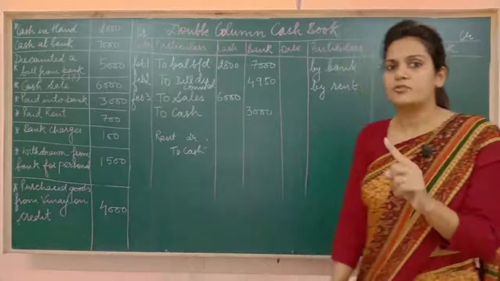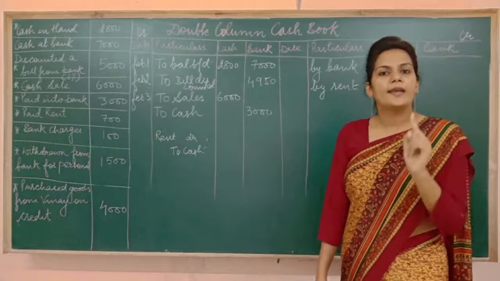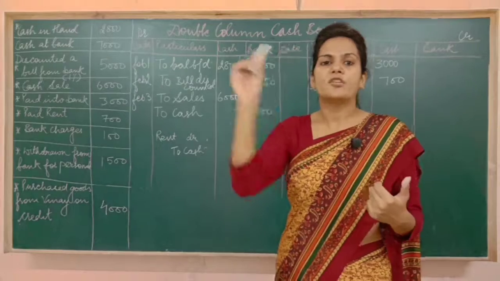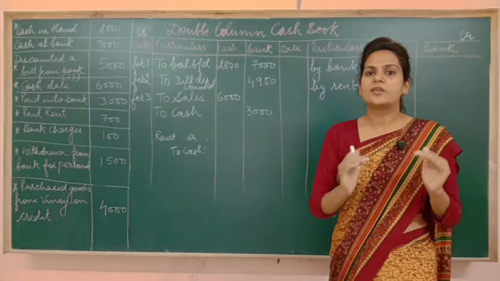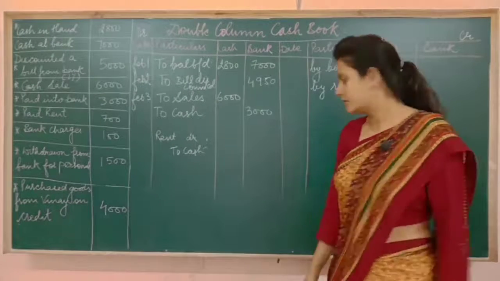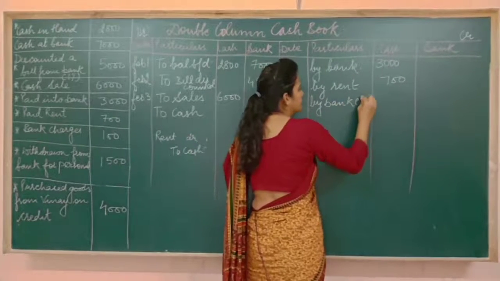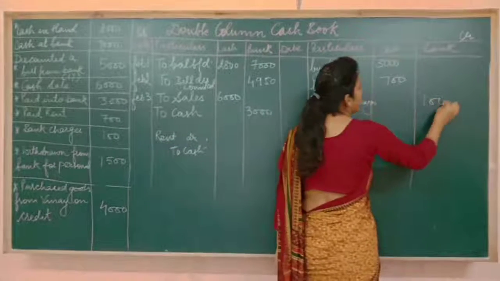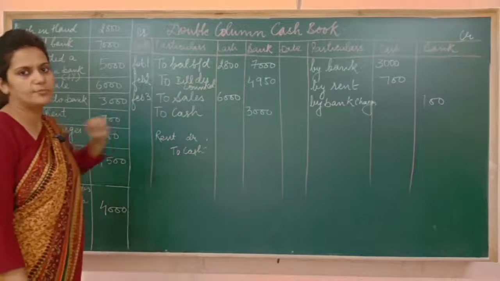It means in this entry, the balance in your bank account has reduced and your bank has become the giver. So what's going to be the entry? Entry is bank charges account debited to bank. I've already explained this concept in the previous video. It's bank charges to bank. So bank is credited in this entry. So you write here by bank charges. Amount is 100. Write the amount in the bank column because the money from your bank account has been withdrawn.